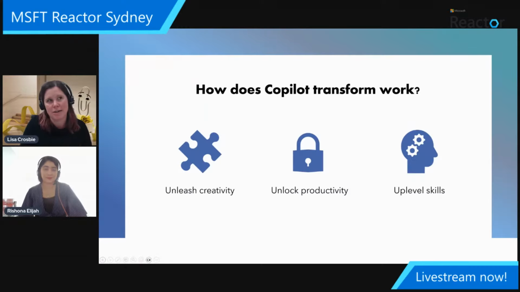And so the idea here is that this is designed to get over the hump of that blank page. Does anyone like starting with a blank page, or those productivity things that you have to do all the time, so that you spend more time on the work that is creative and productive? If you don't have to start with the first draft of your email, if you don't have to start with the first draft of something in a sales scenario, if you don't have to start preparing for your meeting by reading over every note you've ever done, that the system can summarize things for you, then you're actually able to work with, not a blank starting point.